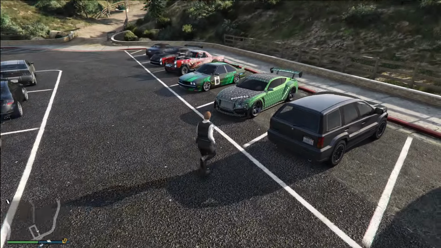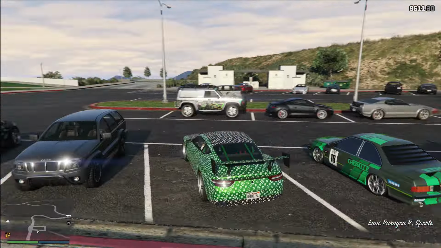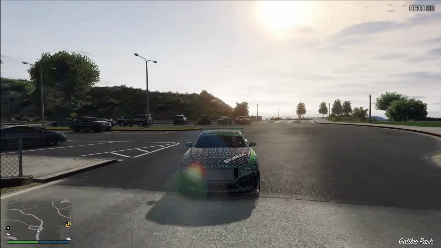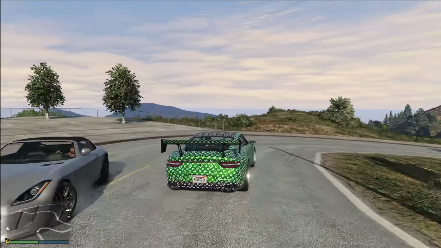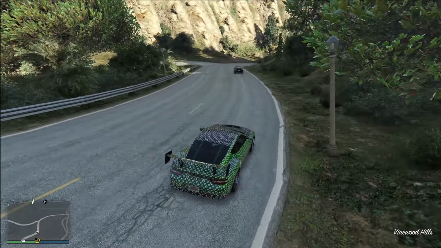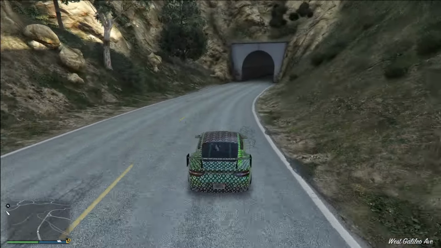Next, we move on to the Paragon. The Paragon is actually a really underrated sports car. It features good top speed, it's got really good lap time for the sports category, and personally, I think it's a really nice looking car. I mean, the livery on it currently kind of takes away the niceness, but I think it's a really good looking vehicle. You can also get the Paragon Armored, which we'll be talking about in just a little bit,